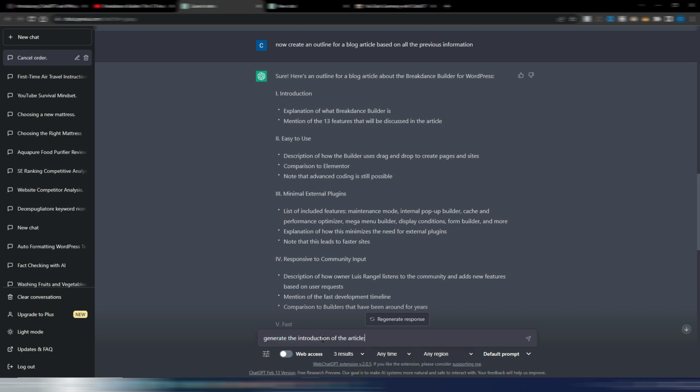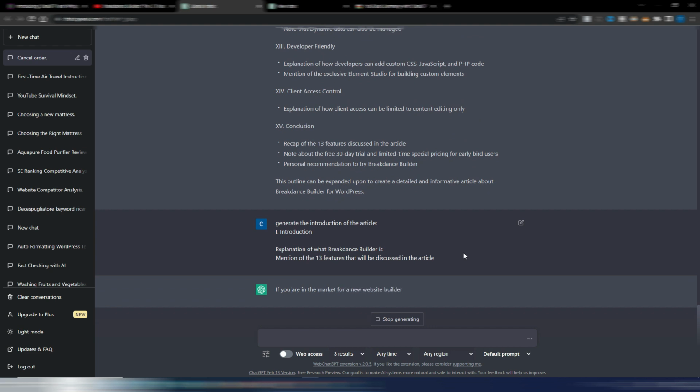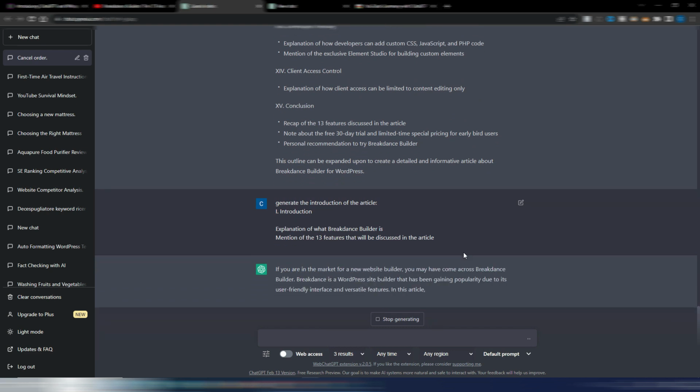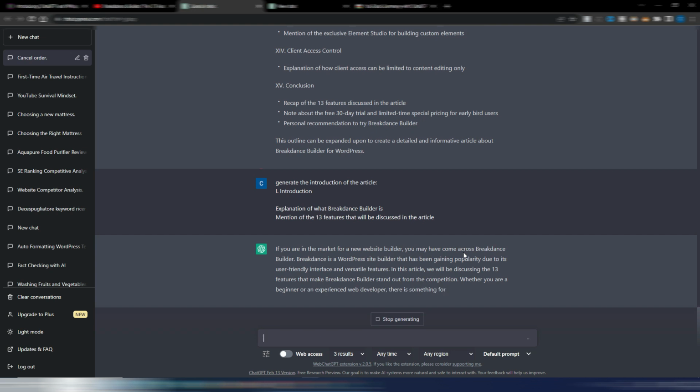For example, generate the introduction of the article. Then you need to copy this whole entire first section of the outline, including the talking point. You copy this part here below your command and you click on enter. You don't need to be polite with AI, you don't need to write please can you generate for me an introduction and so on. Just give your plain command and this algorithm will understand. Now I click on enter and ChatGPT will start writing an article, an introduction for this article.